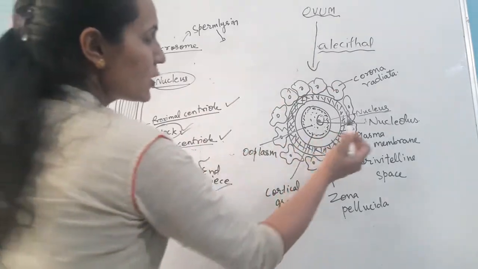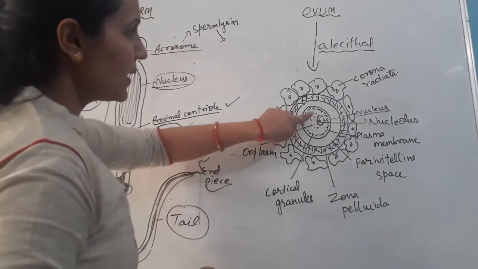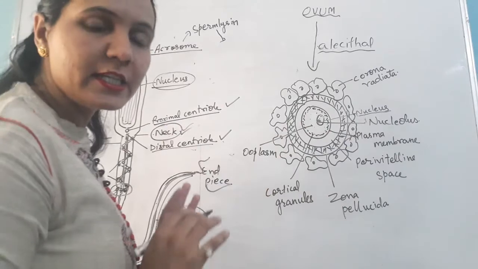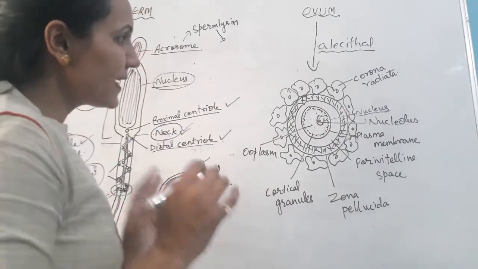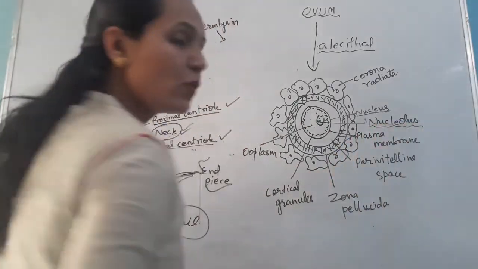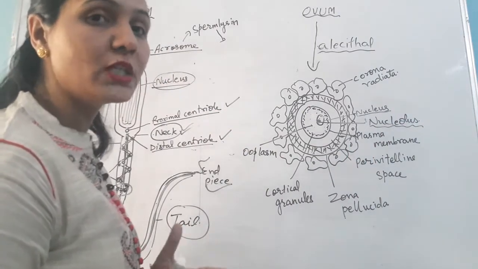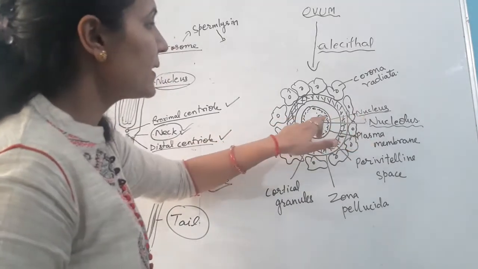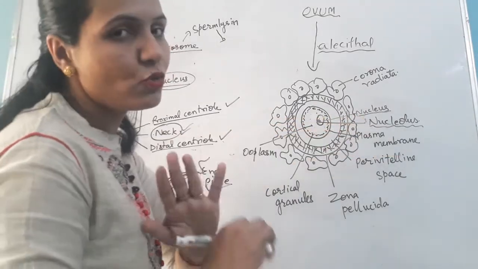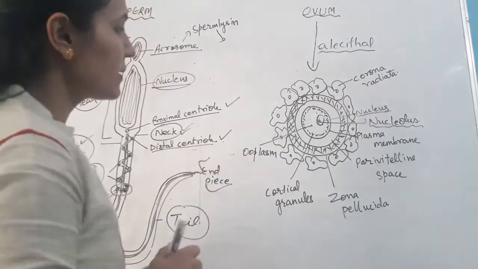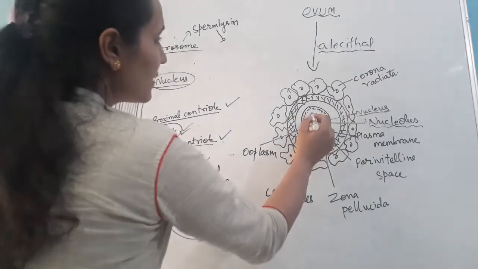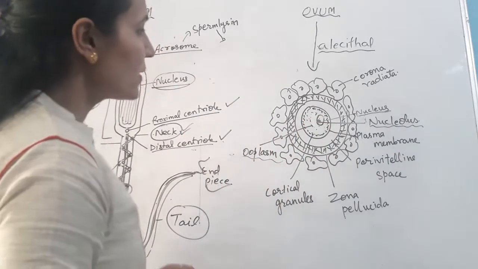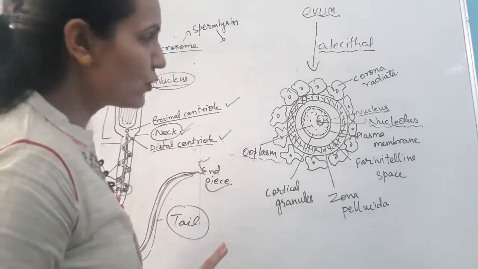The egg comprises the nucleus. You can see here the nucleus is present, and this nucleus does not contain any centriole. It has a dense structure known as the nucleolus, which acts as a ribosomal factory for protein synthesis, right? So the egg comprises the nucleus and this nucleus contains the nucleolus. There is no centriole present in the ooplasm. Now what is ooplasm? The matrix which surrounds the nucleus is known as ooplasm. So that ooplasm does not contain any kind of centriole.